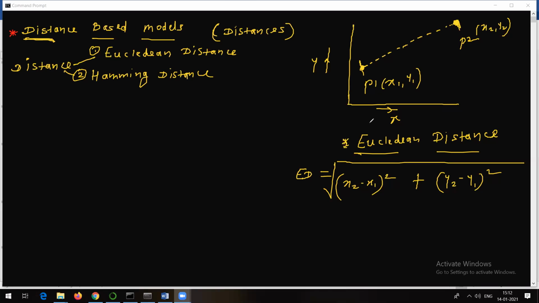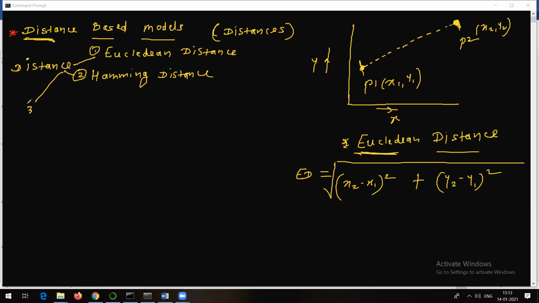Euclidean distance always considers the shorter distance. Yes, Euclidean distance is used to find out the shorter distance only. But what are we going to do? We are going to find the distance of one point from all the data points. For that, we will be using Euclidean distance. It's used for shorter distance only, and we want to calculate the shorter distance. That's why we are making use of this kind of formula. But there is not only Euclidean distance, so I am trying to give an idea about other formulas also.